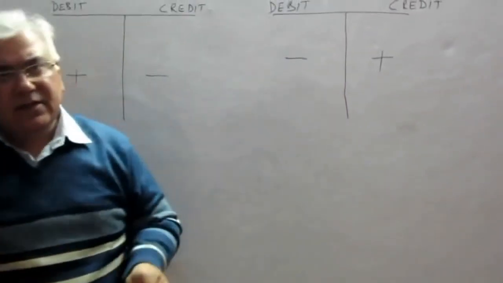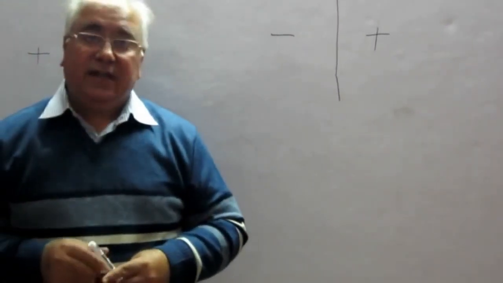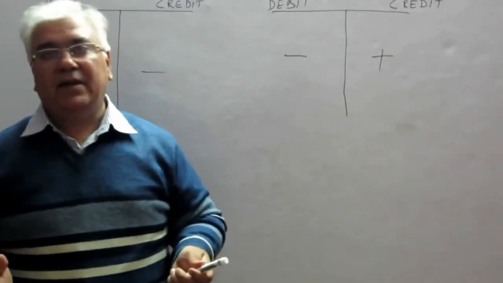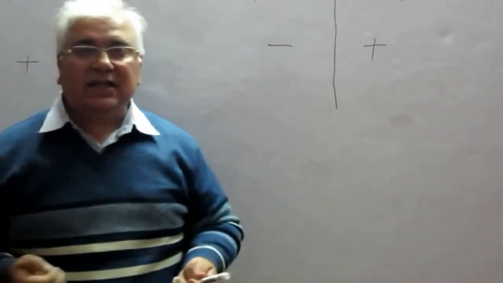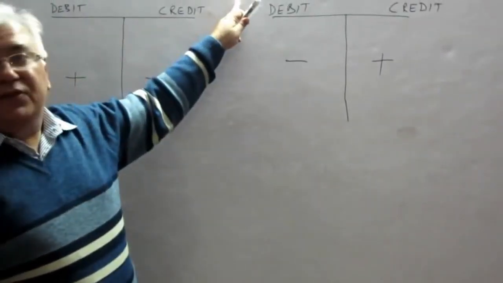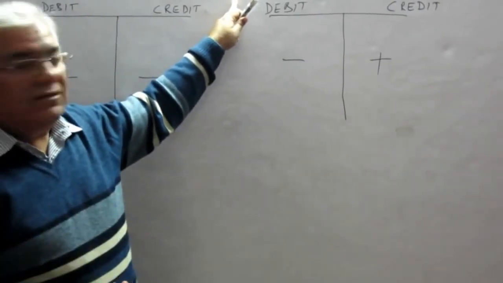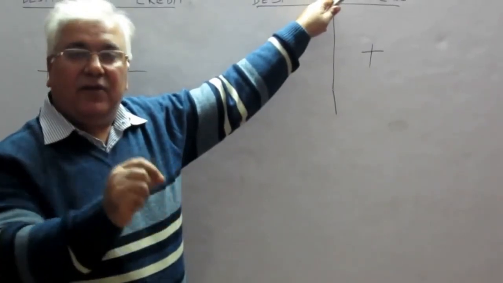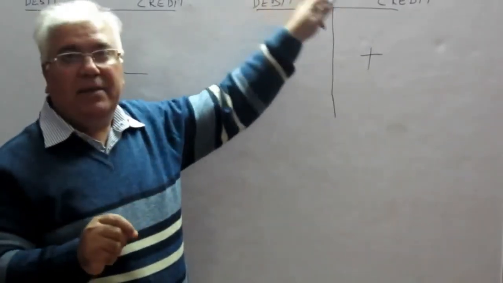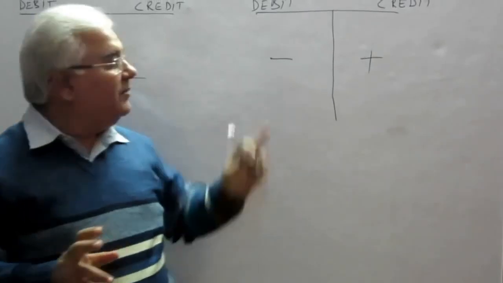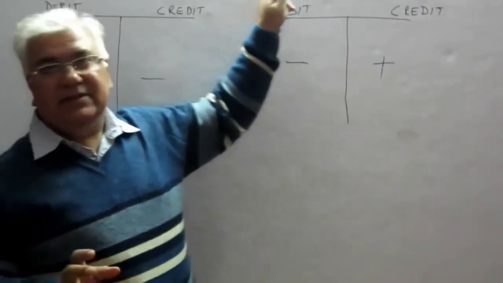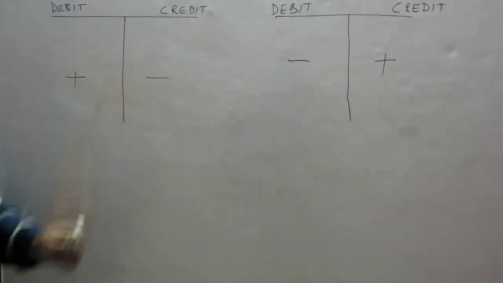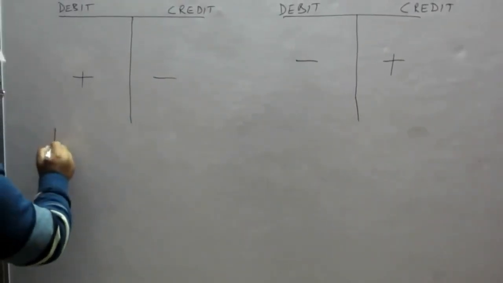Why so? The reason is very simple to understand. From the angle of the business, both liabilities and capital are the same thing. In the sense, liabilities we owe to outsiders, but capital the business owes to the proprietor. But from the angle of business, both are liabilities, so the rules followed will be the same for both liabilities and capital. So what we can make out from what I have told right now, the rule should be